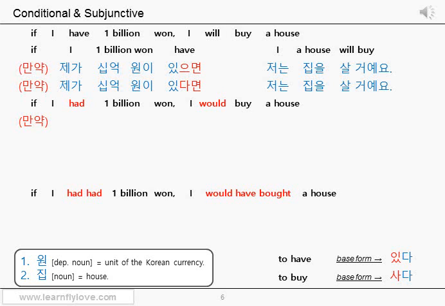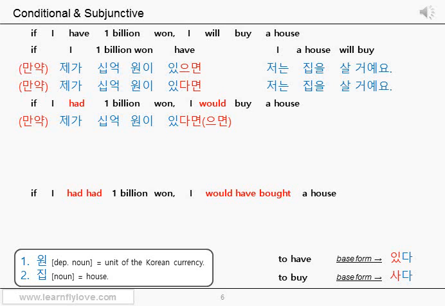First, the English sentence indicates the present tense. Therefore, the Korean sentence will indicate the present tense too. Second, in Korean, you don't really have to worry about the real possibility thing. It's just conditional. The important thing is you don't have that money now in the present moment. So, if, 만약, 제가 1 billion won, 10억 원이 had, again, this sentence indicates the present tense. Therefore, in Korean, you just use the present tense.